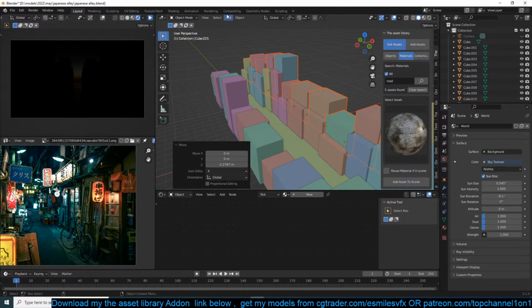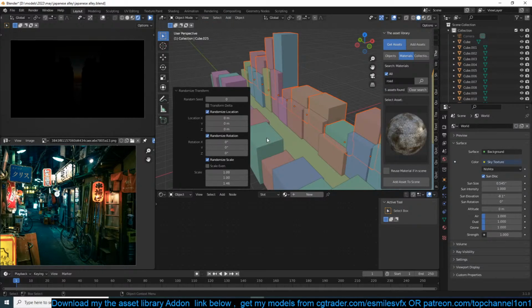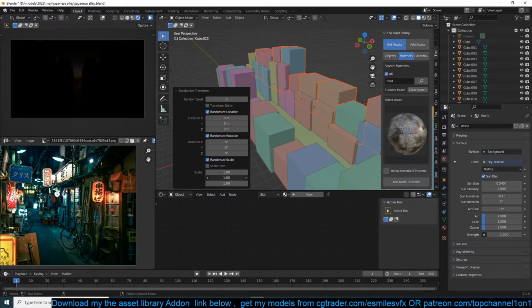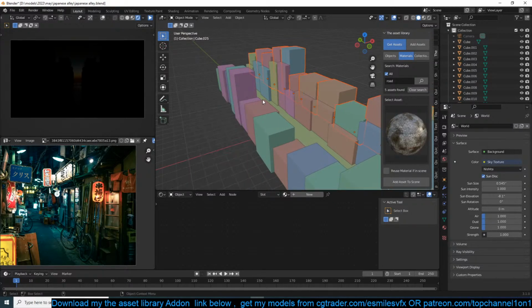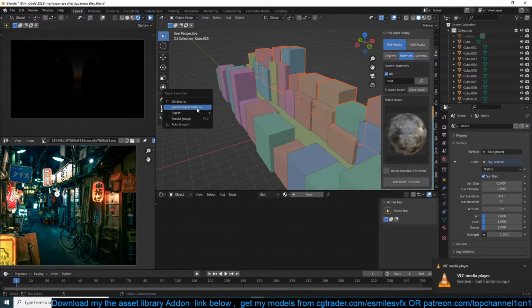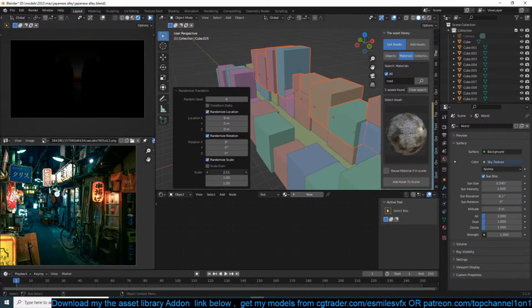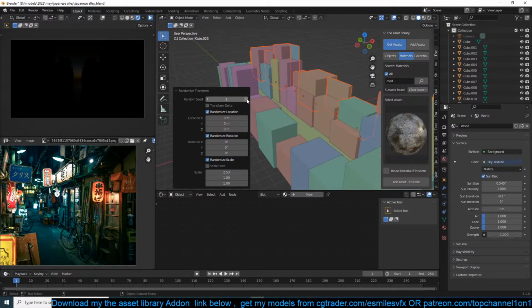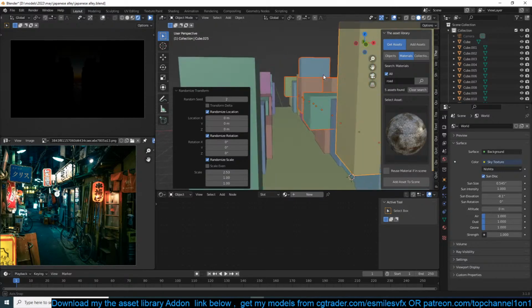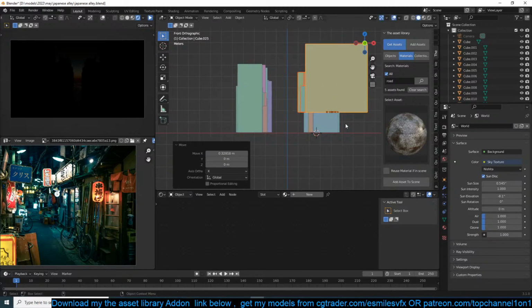And let's again use the randomize transform, and this time we can randomize the X. Let me add this to quick favorites. Randomize transform. Okay, so we have balconies like that.